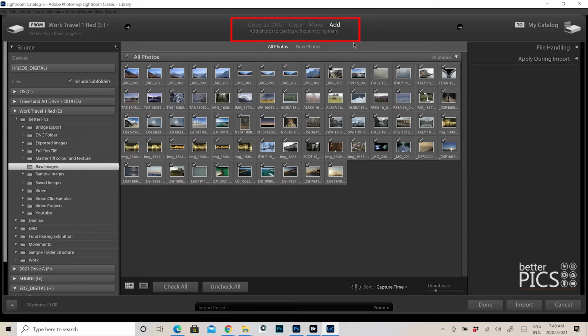Now, those four options that I've just discussed, remember, are based on the images already being stored in your storage system, be that an internal, external hard drive, a RAID system, whatever it may be. So that's if you've already copied them from your memory card and you have them safely stored onto your storage system. Now, if we go back to copy as DNG, if we have a look over on the right hand side here,